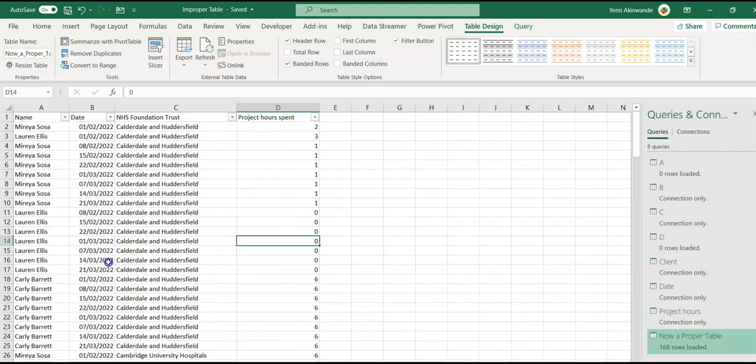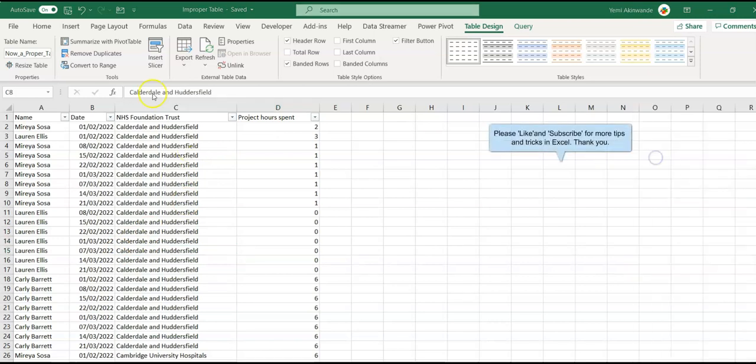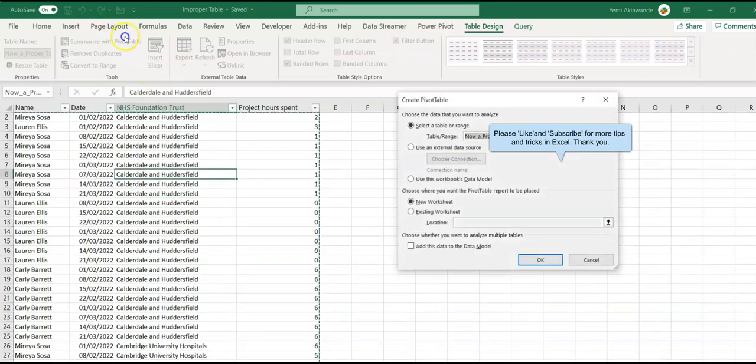Fantastic. Now, from here we can do our pivot tables. So we go to Table Design, Summarize with PivotTable. New worksheet, yes.